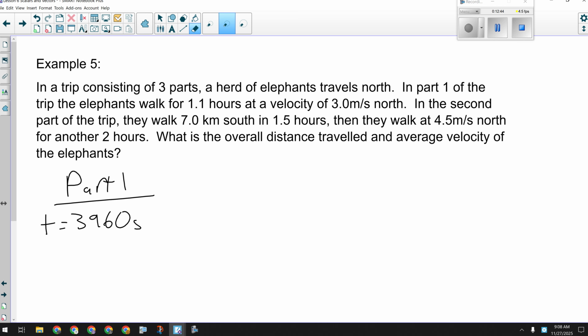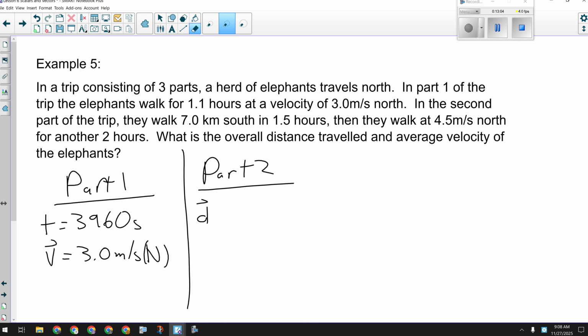Okay, and they told us that the velocity was 3.0 meters per second north. Okay, that's all we got for part 1. In part 2, they walk 7 kilometers south. Okay, so in part 2,